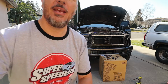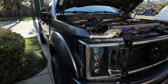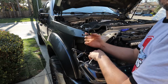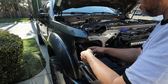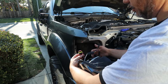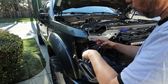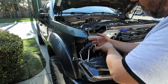So let's pull this up, and I'm going to pull you guys a little bit closer. And let's see if we can identify what I've done here. So as you can see, these we're not going to mess with. These are the sequential lights. But you have this thing that just sits there. You have this black one that I'm assuming is for the halogen styles. White goes into this one, but you can see this one and this one are different because this one piggybacks off of the main light. This one piggybacks off of the